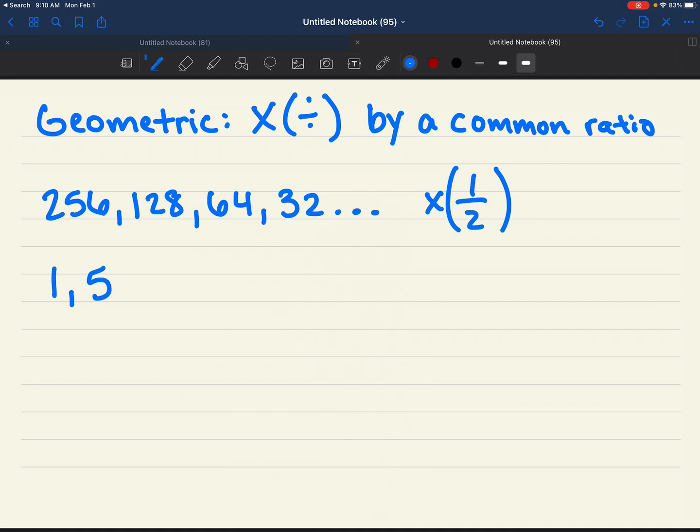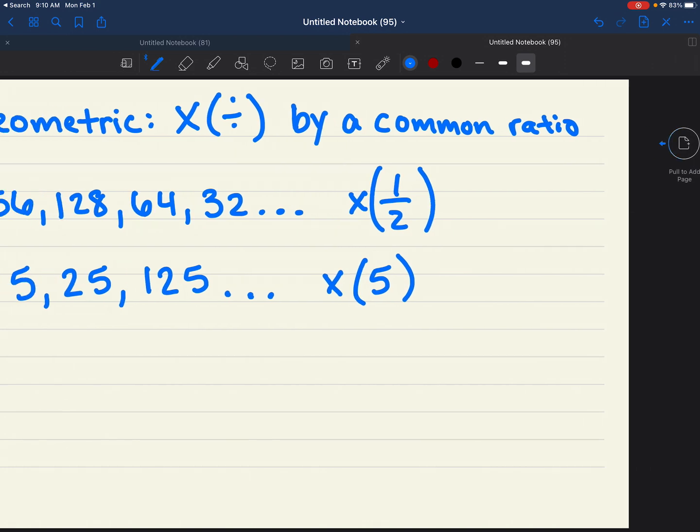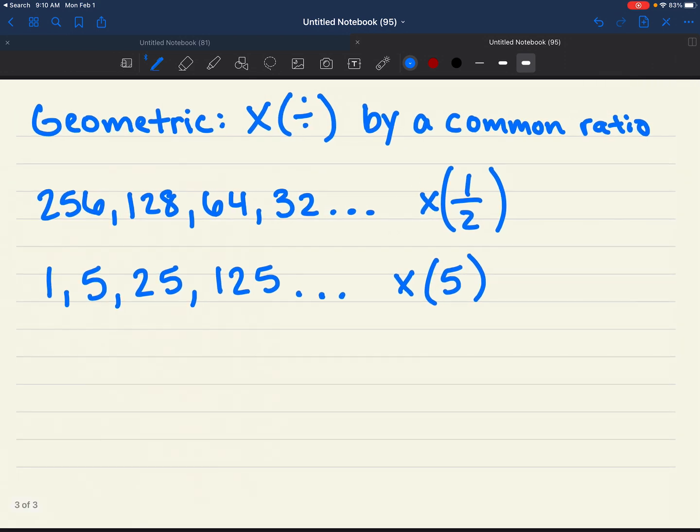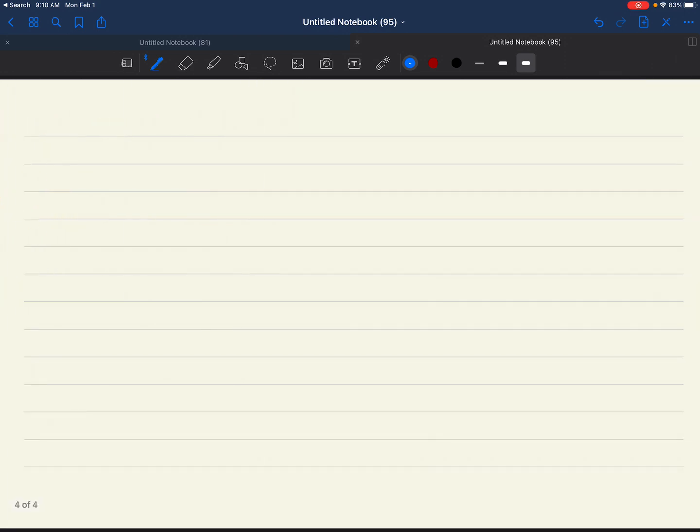Yes. What about 1, 5, 25, 125? Times 5. Okay. All right. Surely we're okay on those. Anybody still writing that down? Times 5 would be